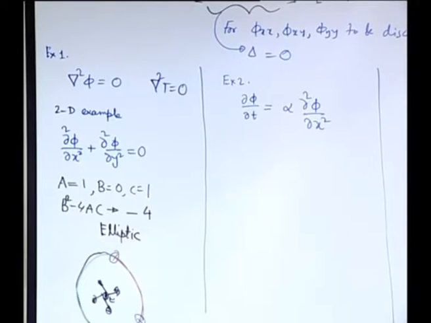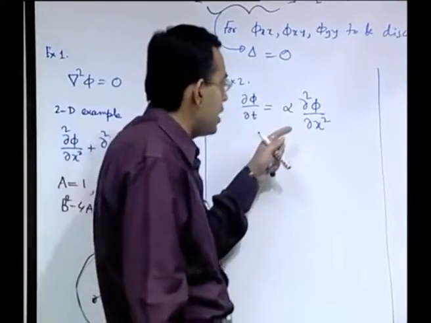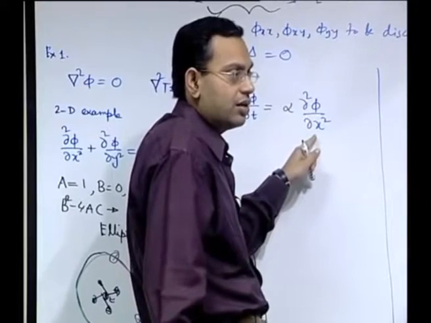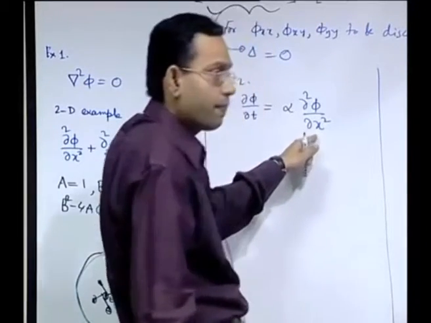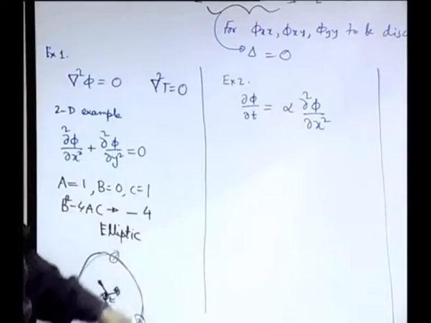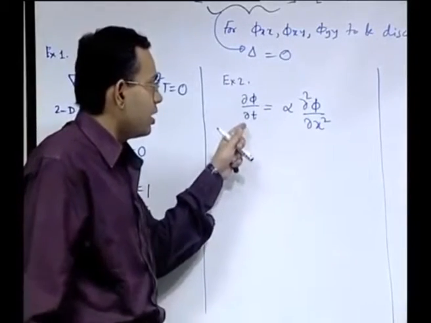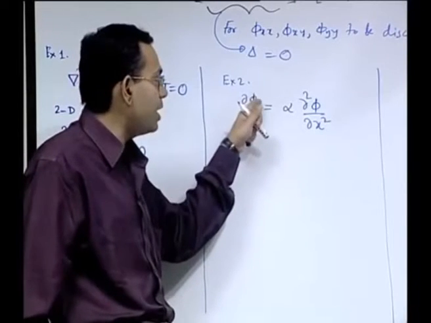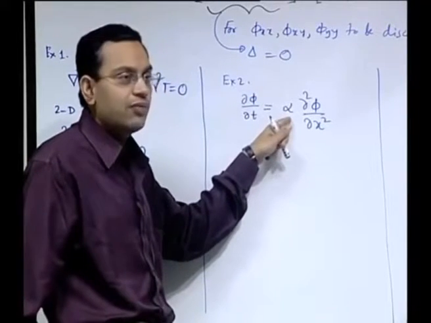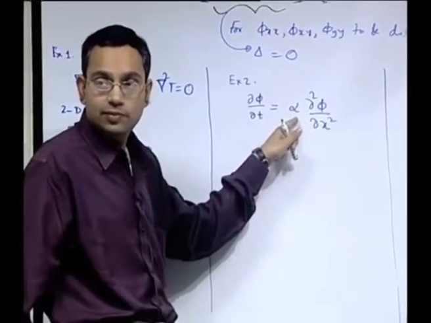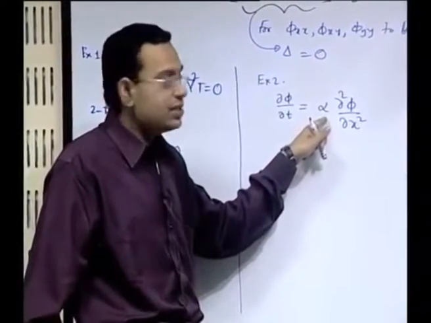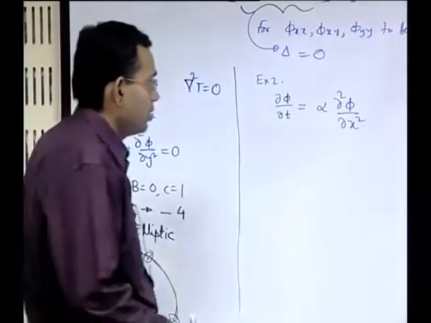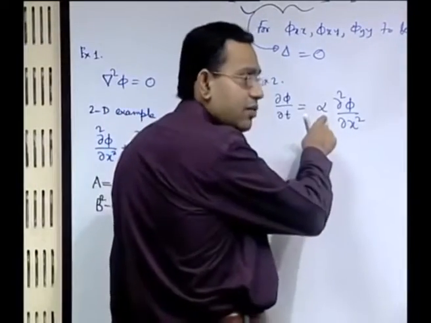This is an example where we have physically put two variables, but only one highest order partial derivative term. This is an example of a one dimensional unsteady state heat conduction. If you put temperature in place of phi, and this alpha is nothing but the thermal diffusivity. So let us try to understand what are the features of this partial differential equation. So here only the highest order derivative will matter.